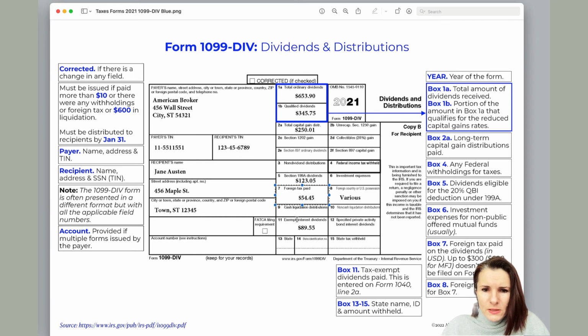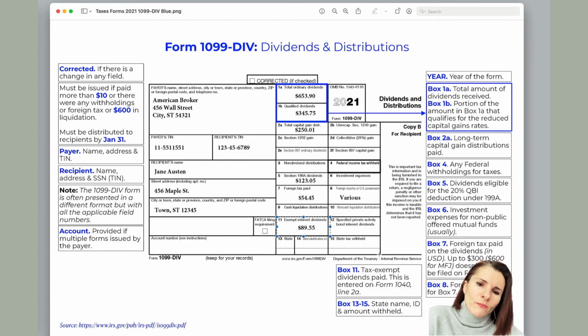Now let's see. Also box 11. This would be tax-exempt interest dividend. This would also be listed on your 1040 line 2A, not taxable. So that's awesome. And then you have state information, and rarely you have state tax withheld, but it's possible. So you do want to make sure that you put everything that you have on your 1099-DIV